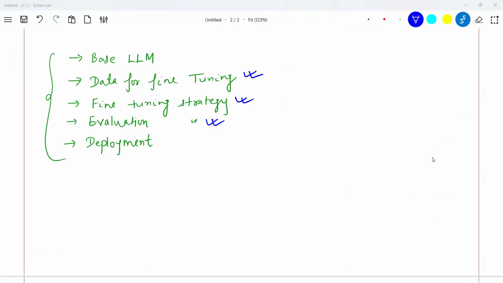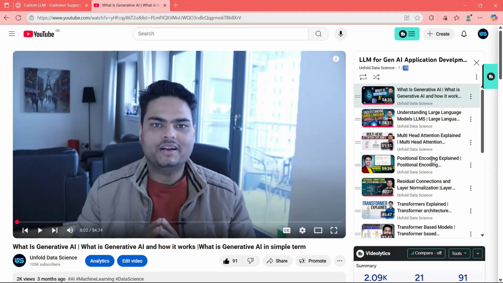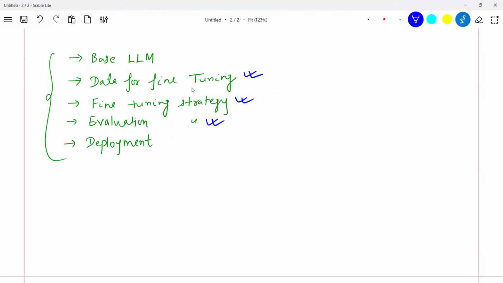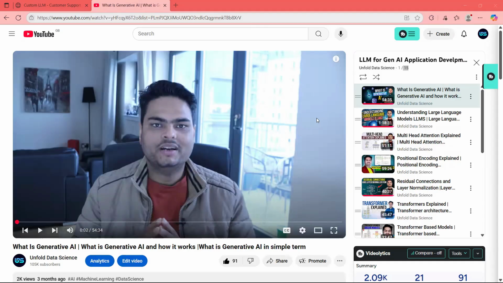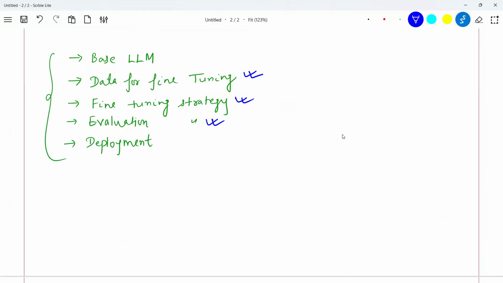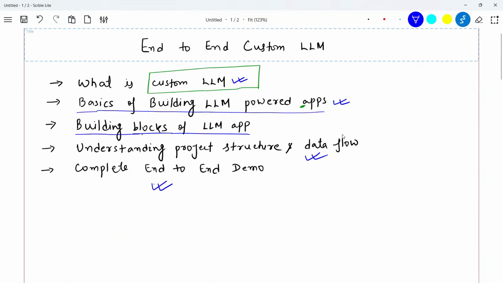So what we will do is build our project. In that project, I will do a few things and tell you that in building this, you will need to watch these videos to understand in more detail. We understood the building blocks, these five basics of building an LLM-powered app.